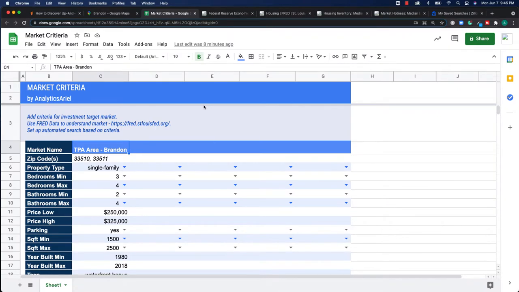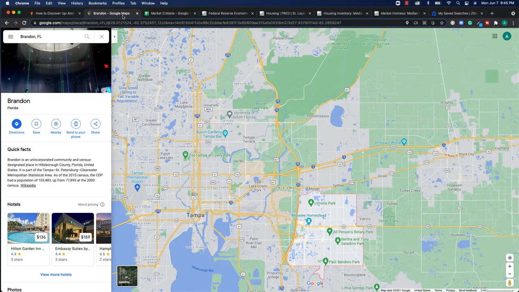For this exercise, we're going to be working with Brandon and Tampa. As an overview, Brandon is on the right-hand side of Tampa, the city. What makes it very appealing is that it takes only 20 minutes to come in and out of the city in case you are commuting or you're just trying to enjoy some nightlife. As well, it's close to the major highways like I-75 that can get you to multiple cities like Ocala, Jacksonville. As well, it's close to I-4, which can get you to the lovely Disney World in Orlando. So it really has a lot to offer, which is why in this exercise, we're going to use it as